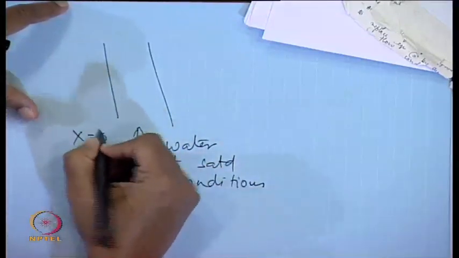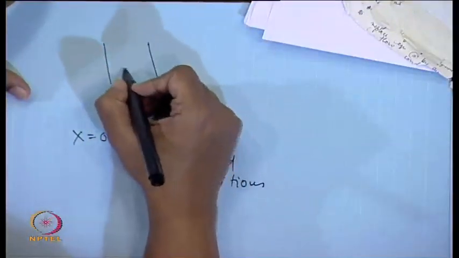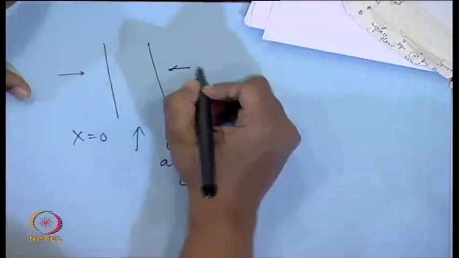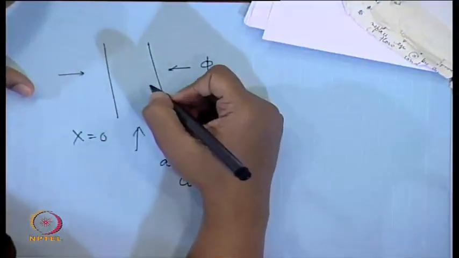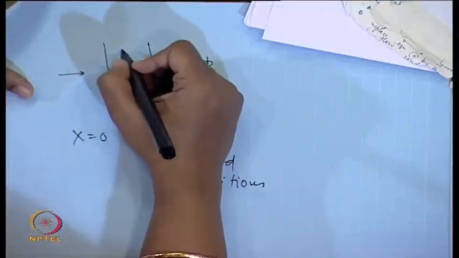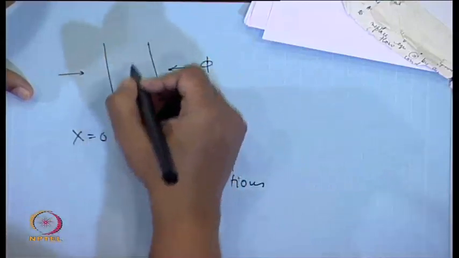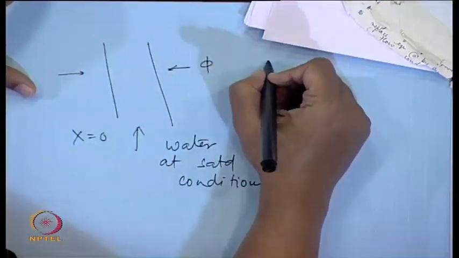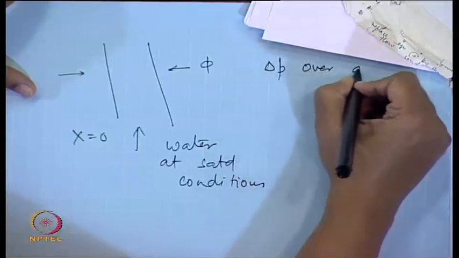So, here we have x equal to 0, and then gradually as it flows, we have a constant heat flux, say phi, and so gradually this water starts vaporizing and we have a vapor liquid mixture inside this. I would like you to find out the pressure gradient